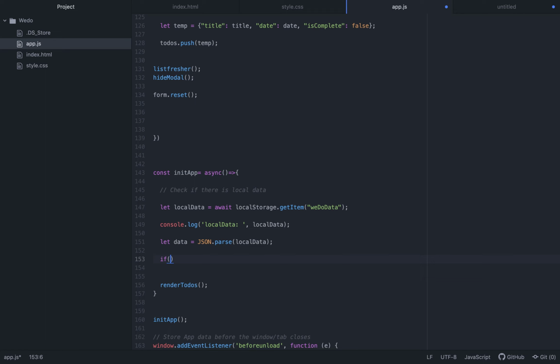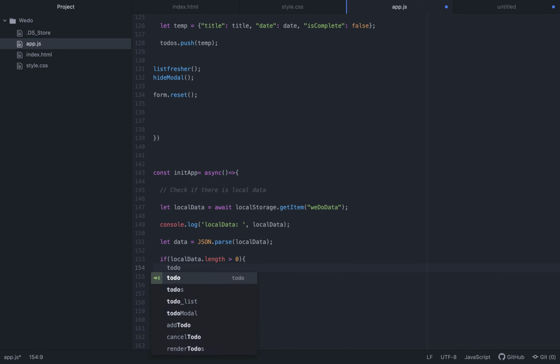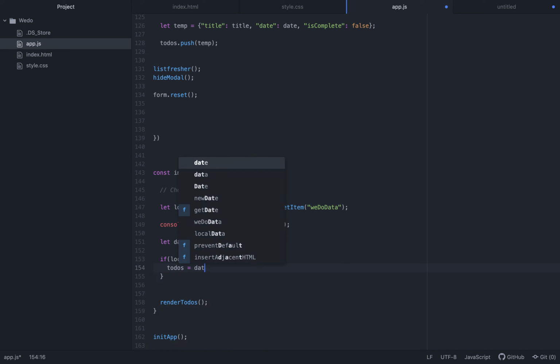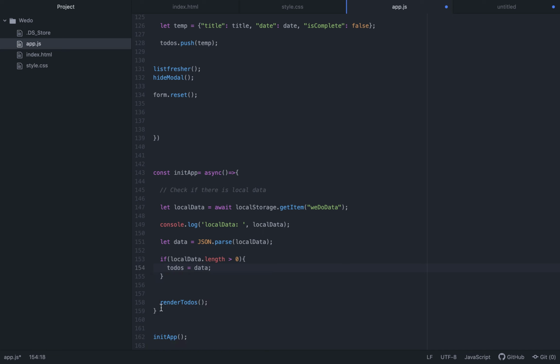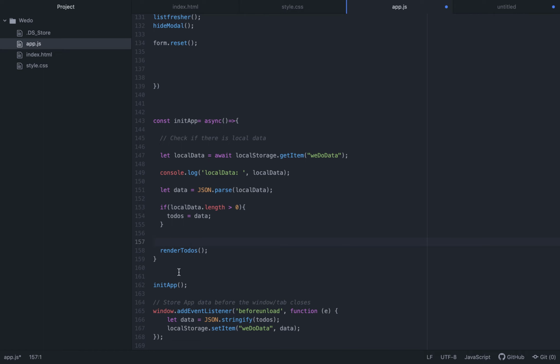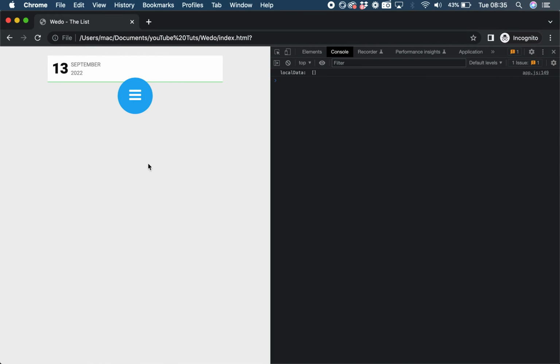We'll run an if statement: if the local data length is greater than 0, then we want the to-dos to be equal to the data. The application will then trigger the render to-do function, which will hopefully list the items there. Now if we refresh,